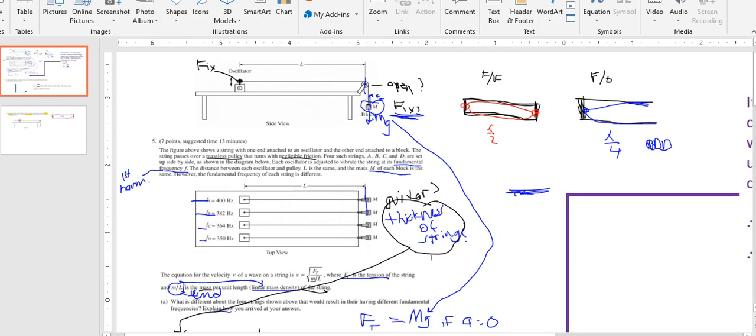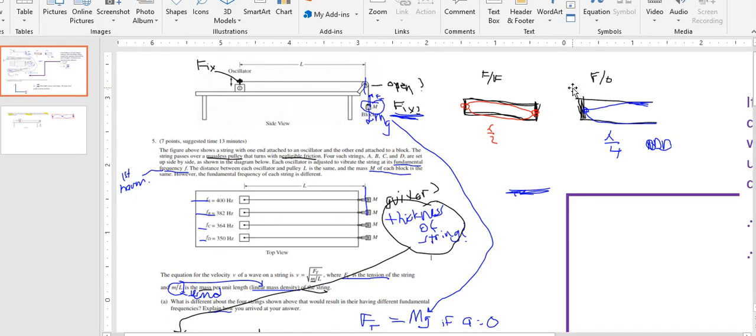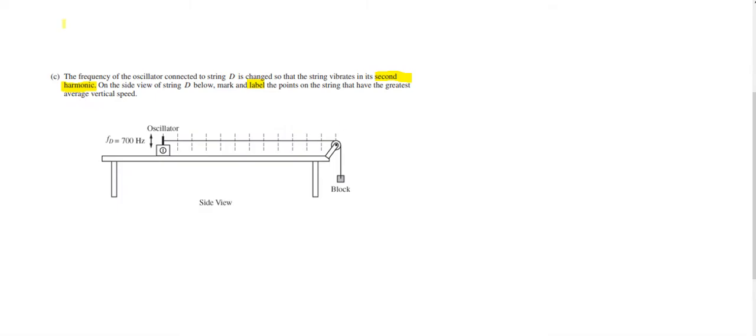Just to go back real quick to what I did in the last video, remember I couldn't decide if this was open or fixed. It would depend on how great that mass is, if it were small enough to move up and down when the oscillator was on, or if it was heavy enough to make the string act like it's fixed on this side. Well, since they said second harmonic, that means it's going to act like fixed, because you can't have the second harmonic with fixed and open. It's the oddball. So you only have odd harmonics there because they're opposite. Anyway, so now we know for sure